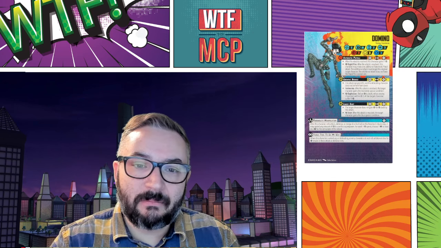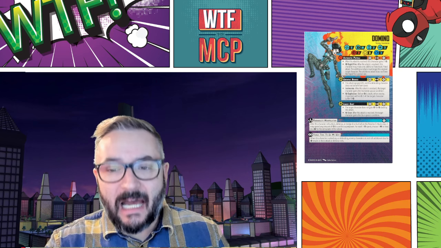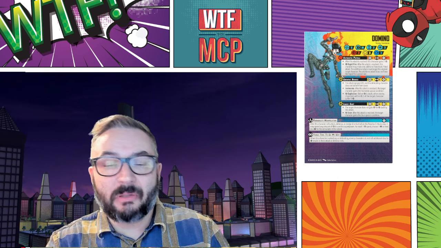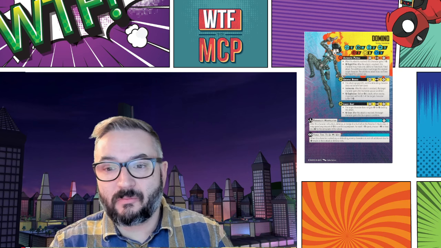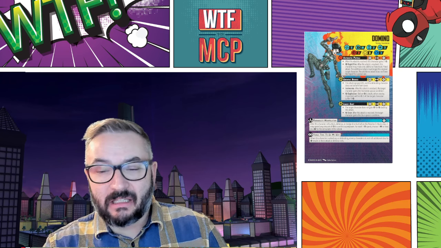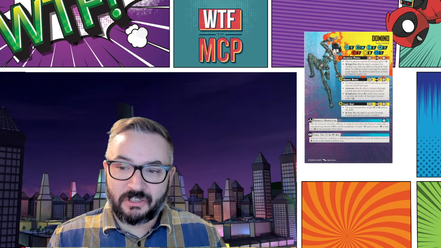Next, we're going to talk about Domino. Domino is a powerhouse. So she's a ranged attack. She can get off multiple attacks on one attack, which is wild. Lots of dice manipulation to help make her attacks more consistent. She also packs a punch, and